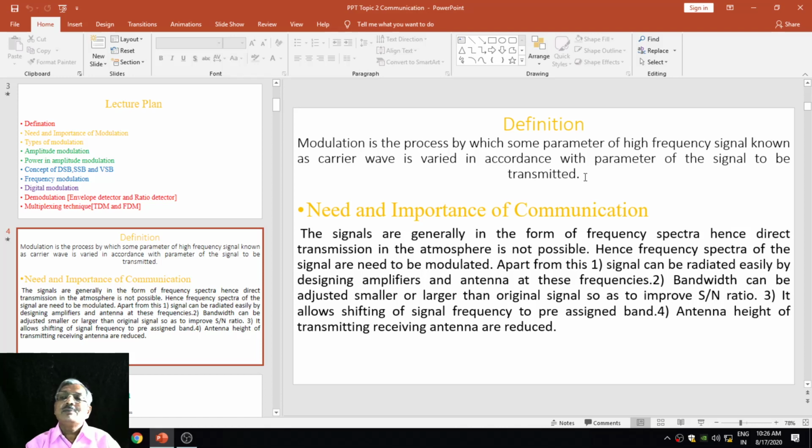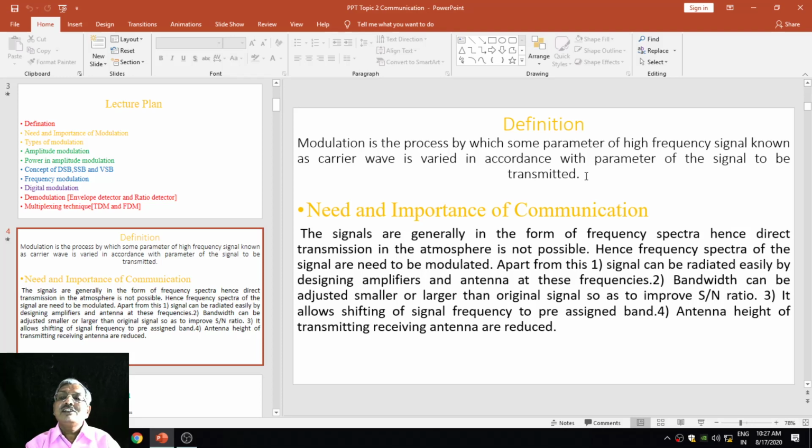In short, we can say the signal to be transmitted is superimposed on the carrier wave, and the resulting signal we can call the modulated wave. Thus we can say the modulated wave contains the signal to be transmitted superimposed on the high frequency carrier wave, and then that modulated signal